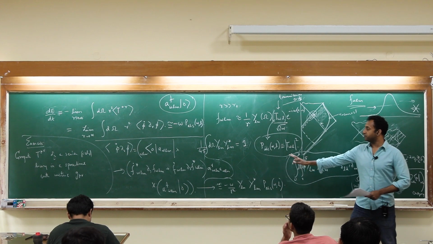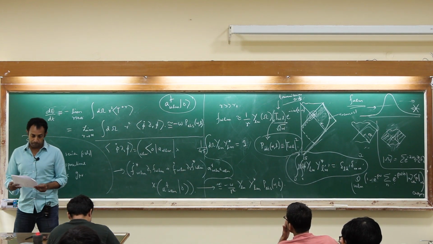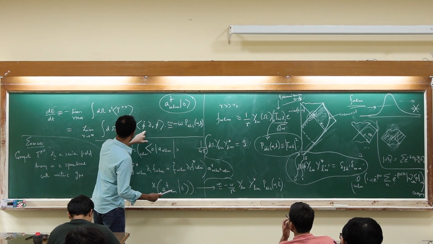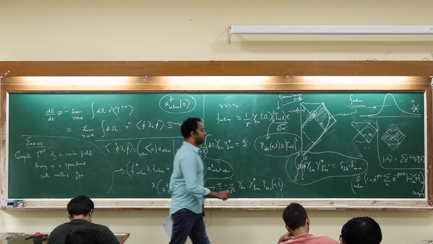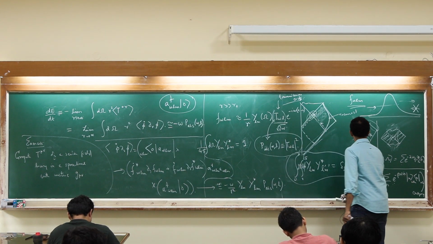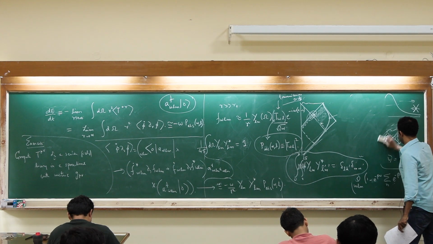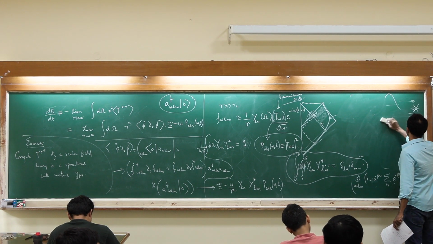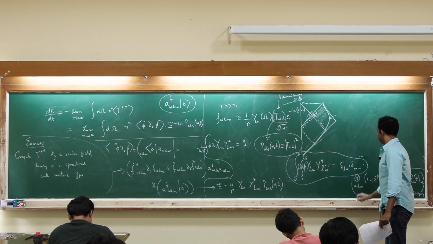So let me not emphasize it just now, but we'll probably come back to it at some point. Yeah, so this is my expression for the flux, and this was a calculation that I did for only one particle state. Okay, so now what I want to do is compute it for a state where, for this